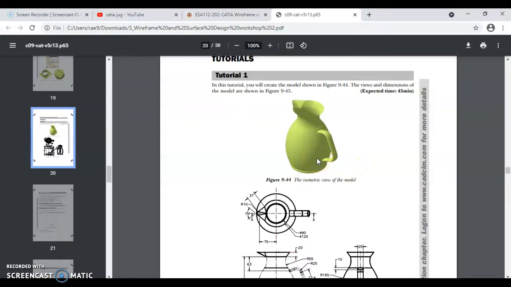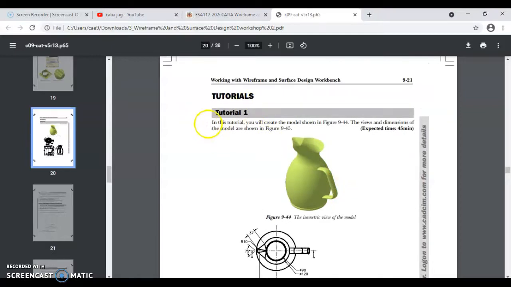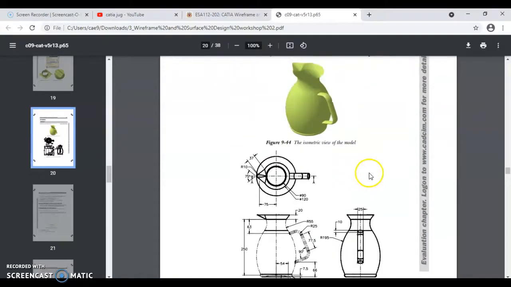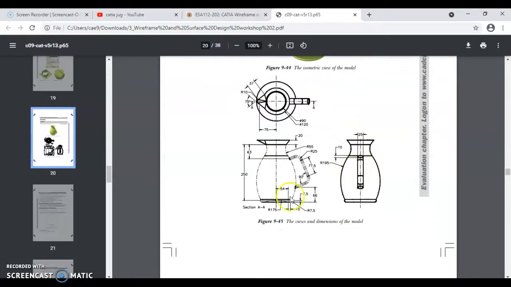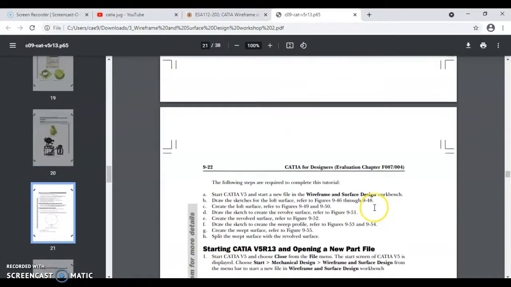This is the jug. So this is the instruction. In this tutorial, we will create the model shown in figure 944. The width and dimension of the model are shown in figures. So this is in mm. So let's look at the next